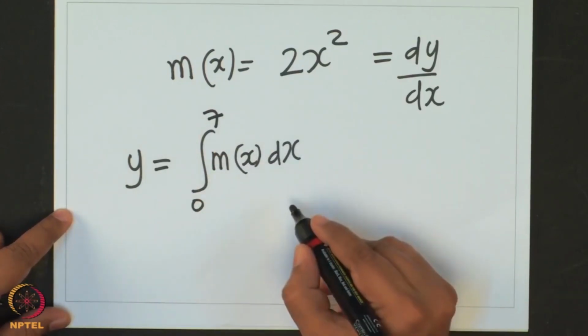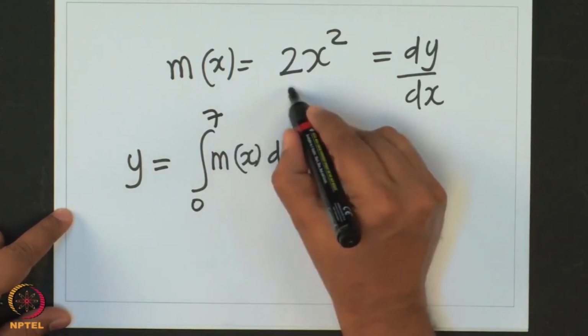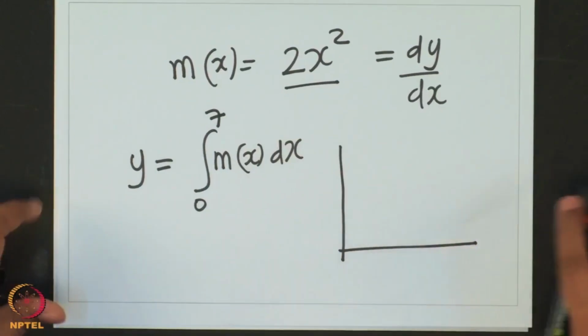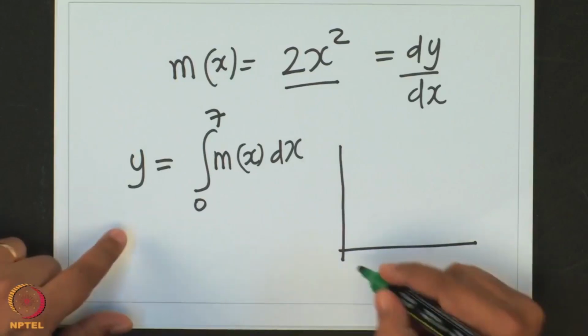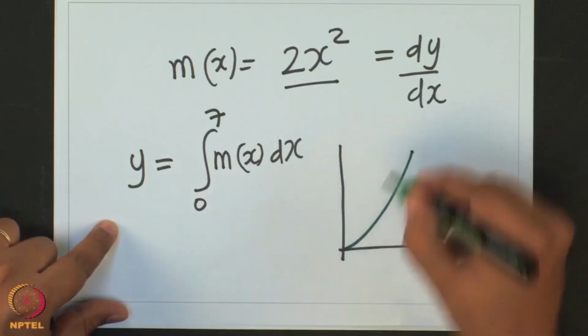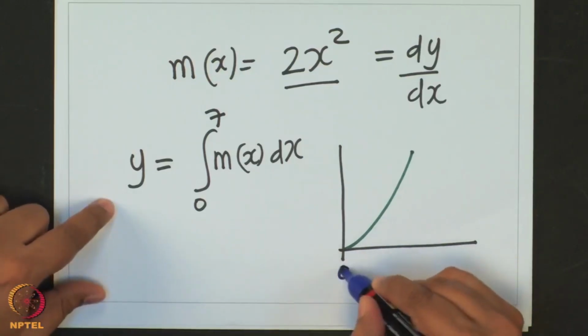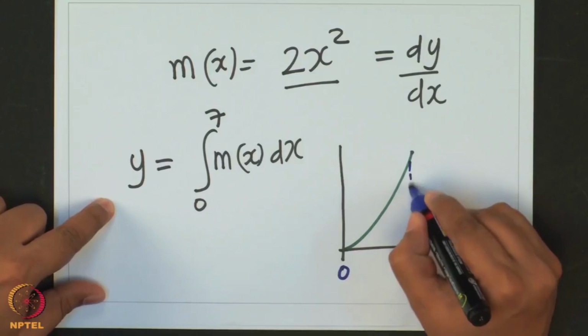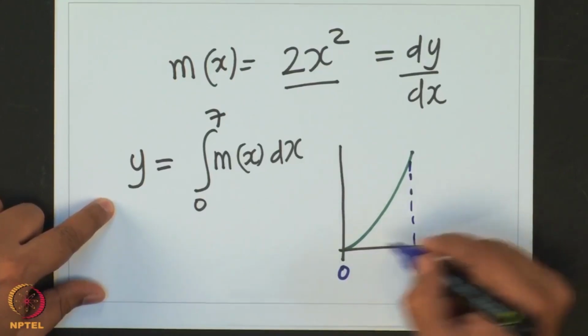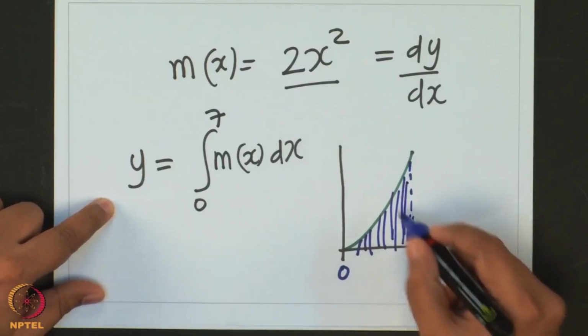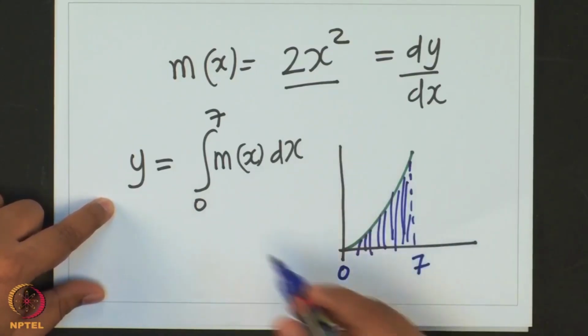Then what we essentially want is to plot this function 2x square. If I plot it, the function would look something like this, and I mark this area from 0 to 7, so this is 7, and this area